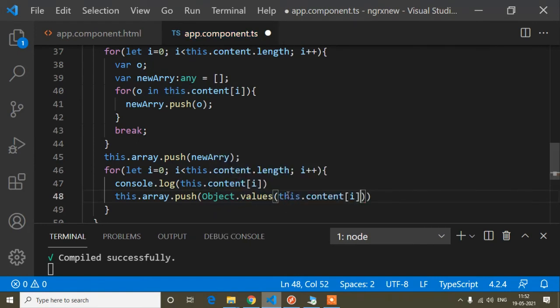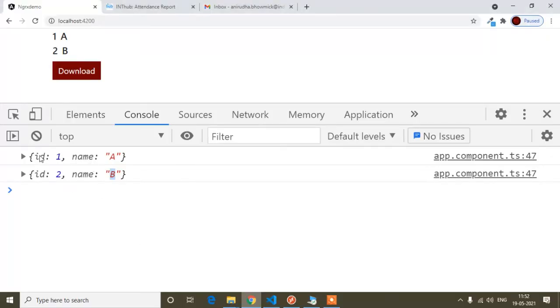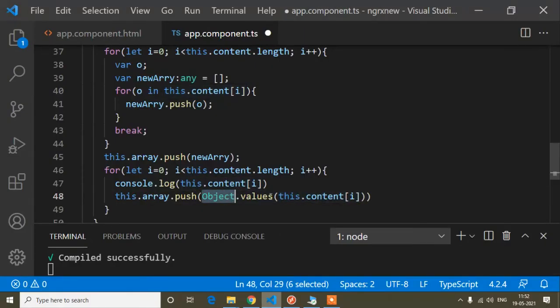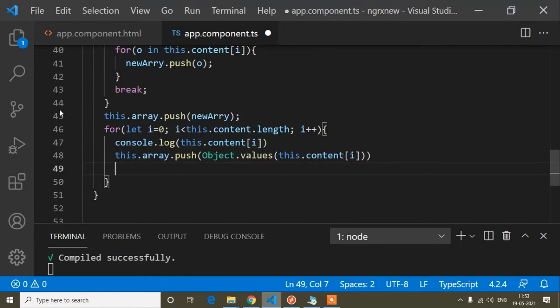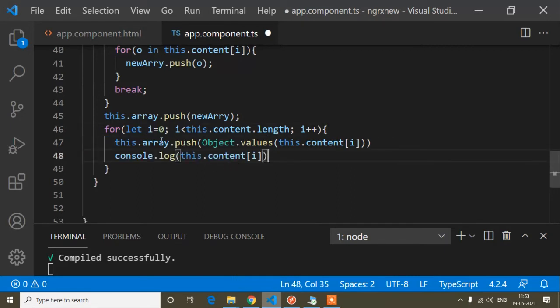That means guys, by this one I'm getting the object. Here you can see from this object I am just taking the value. So that's why the JavaScript predefined method Object dot values, and inside the parenthesis I have written this one, because from this object I need the value. So now I will cut the console from here, and write this dot array here, so let's check what I will get.